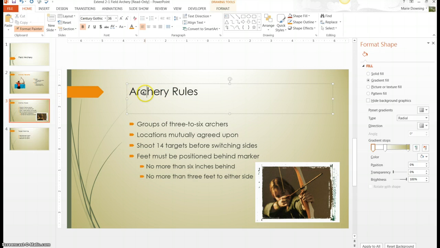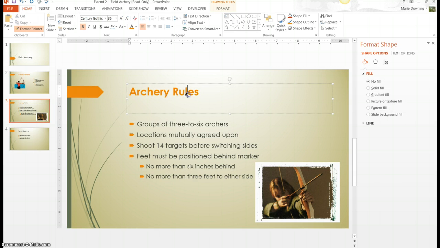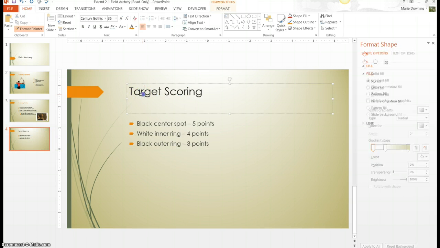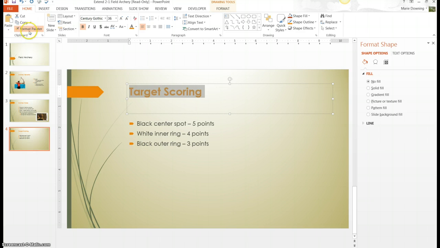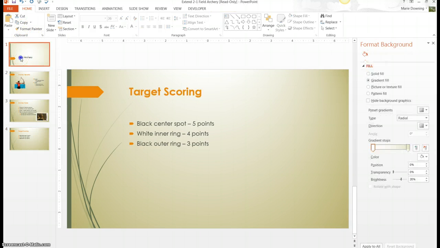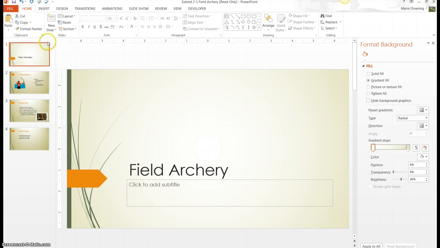Here we go. Then I'm going to turn it back off. You can also hit your Escape key. So you can click on Format Painter again, or you can click on Escape. Okay. Then on to number 4, it says on the title slide, which is my slide number 1, create a